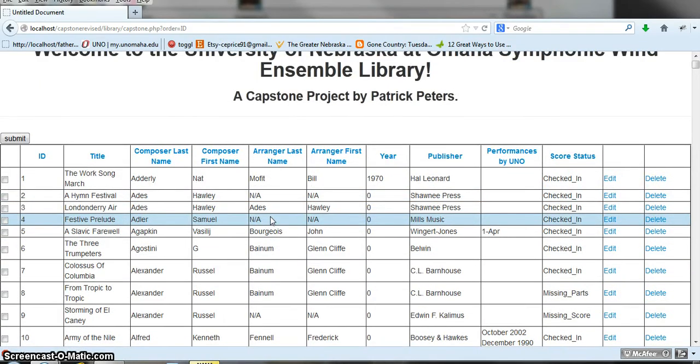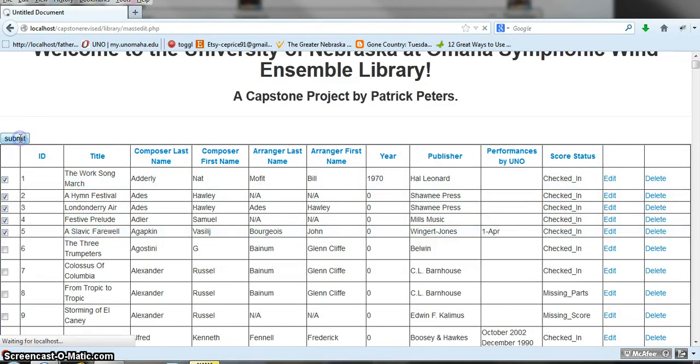Now, what I can also do, a little function that I personally added, that I came up with that I really like, is say the librarians have many pieces that were checked out at the same time and then checked in at the same time. Just for example, we'll do these first 5. So these first 5 IDs are checked in right now, but I need to check them out. What I can do is check mark these first 5,